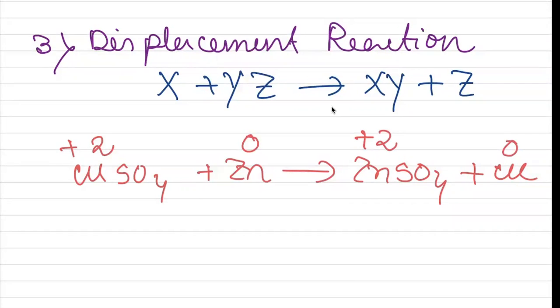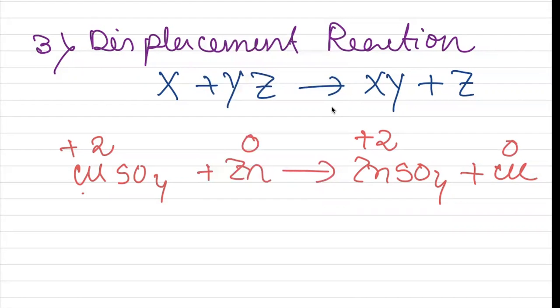So that means here zinc is more reactive than copper. That's why zinc displaces the copper and it forms zinc sulfate and copper. Okay, it makes free copper and it itself forms the salt. So it is an example, you can say,